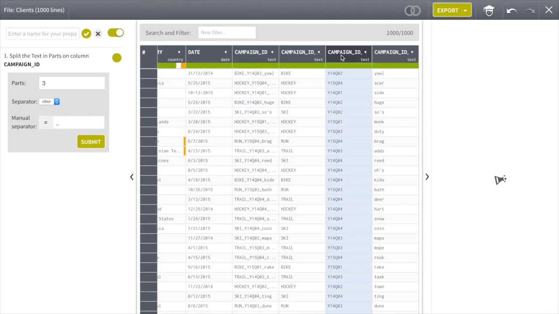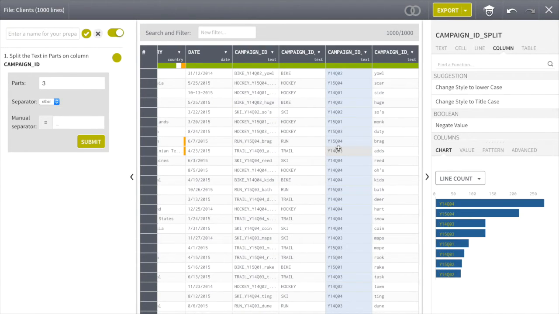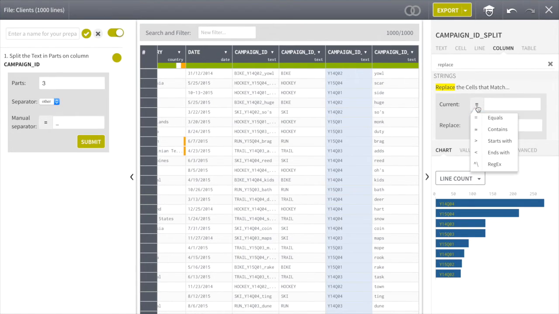Okay, so now we have our pattern, the one that we're looking for. So the next step is to use the language that we learned earlier. So I'm going to use the replace function, and I am going to change through this widget here the operator from equals to regex. Now I can use my regex syntax, Y, capture the token, digit 2 times,